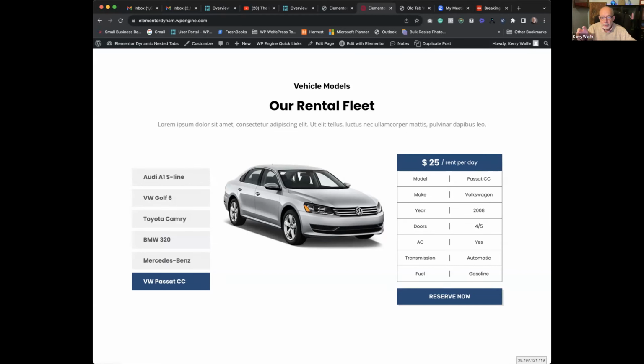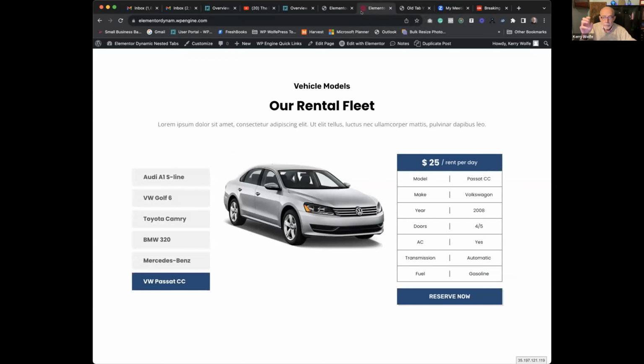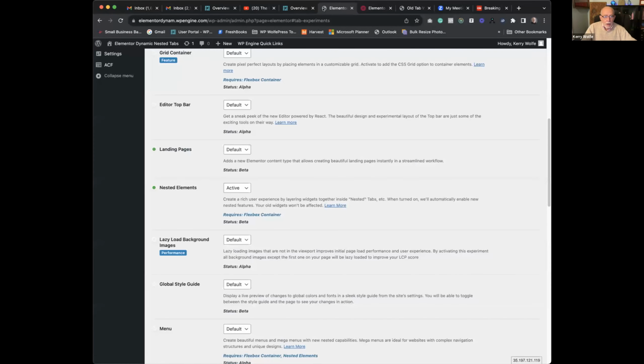Whereas before all you could do is put mostly text. So it does give you flexibility and options. So we got the nested tabs, and then,